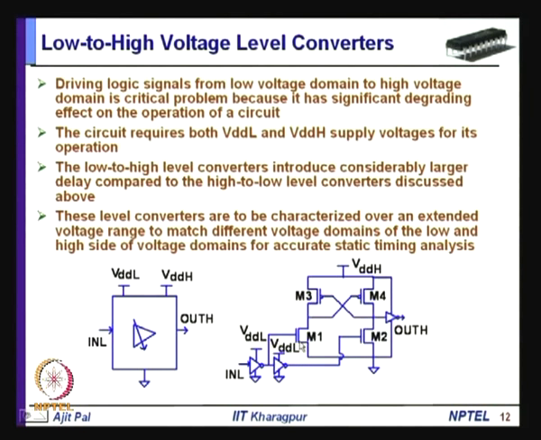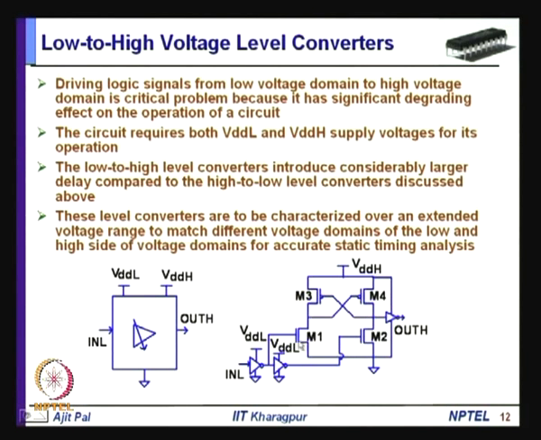Then you have two NMOS transistors here, M1 and M2, which are receiving input from two inverters. Low level input is given here, and you have two inverters which are operating in the low voltage domain, and they apply input only to the NMOS transistors, not to the PMOS transistors. You note that this is very important. The inverter output is fed only to the NMOS transistor, and the input to the next inverter is also fed to the other inverter. That means these two inputs are complementary in nature, because they are coming from the outputs of inverters.